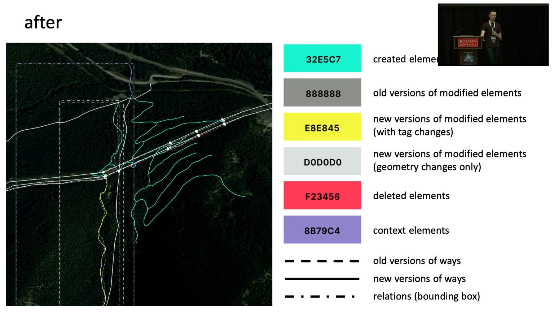And that's to draw attention to elements that might need review, because generally human reviewers looking at a change set are going to want to pay special attention to any tag changes that were made, as opposed to just alignment or geometry changes. Deleted elements are still in red,